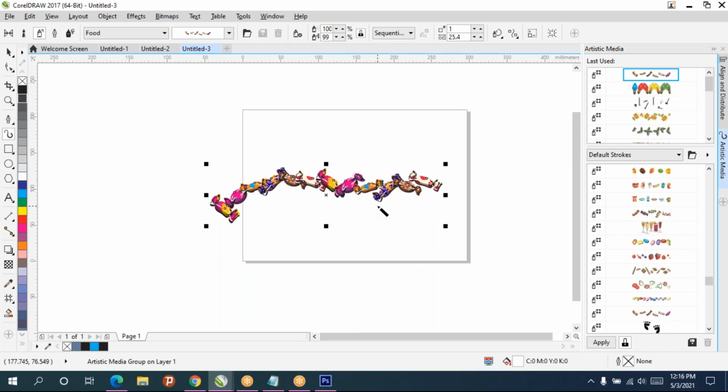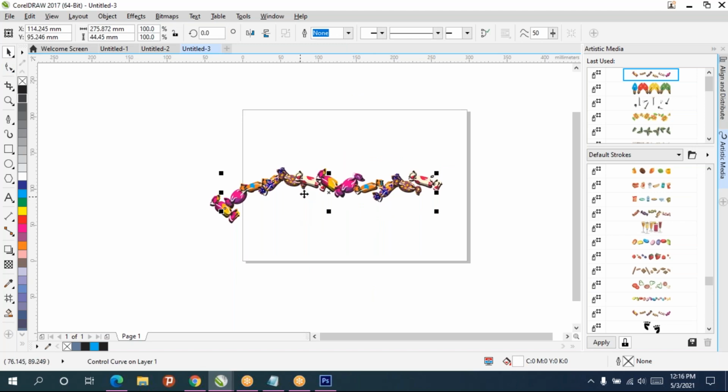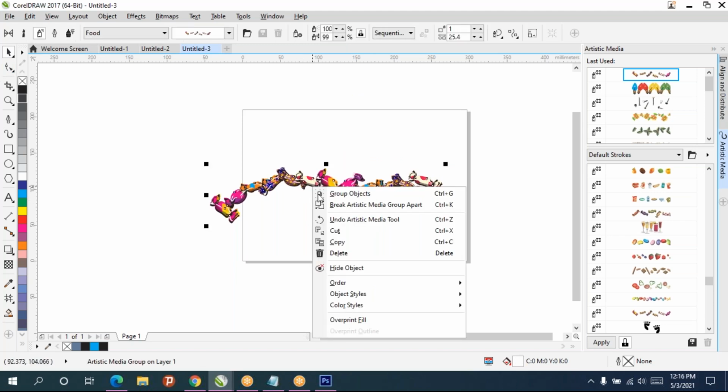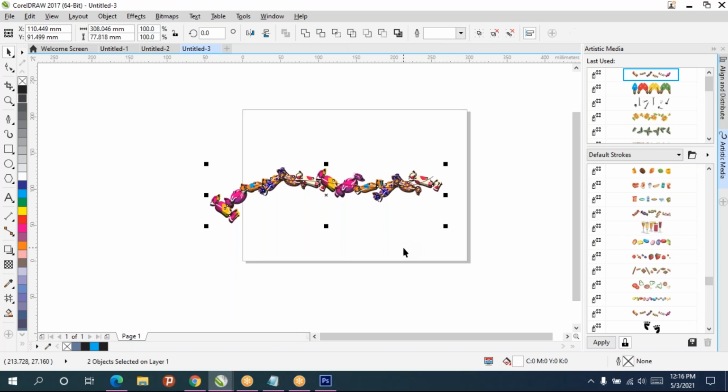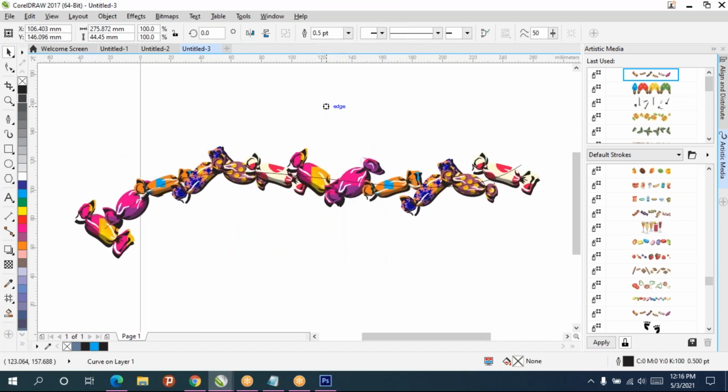I want only one. So take the pick tool, right click on this, and you will get break artistic media group, which is Control K. Once you do that, you will get one single line over there. Then that one you can move and delete also.